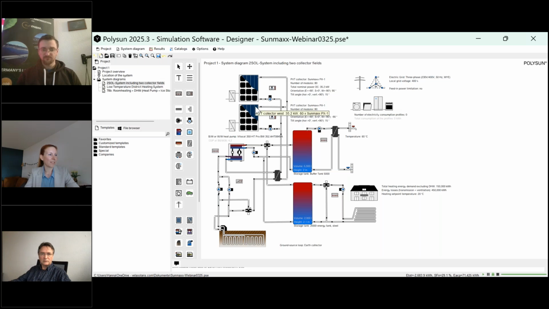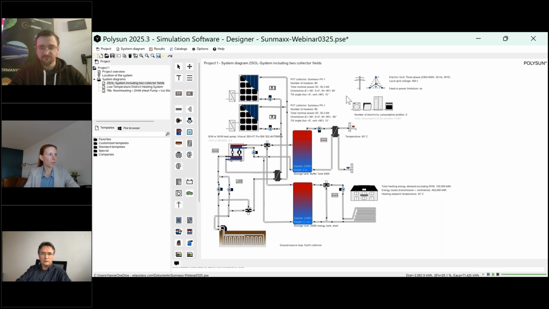So if we are done with the electrical part, and this also includes the public grid, which is European standard, I would say here, also with the 50 Hertz frequency, but it can be adapted also to other countries like the US, where we have a 60 Hertz frequency in the public grid, and you will also find inverters that suit that.